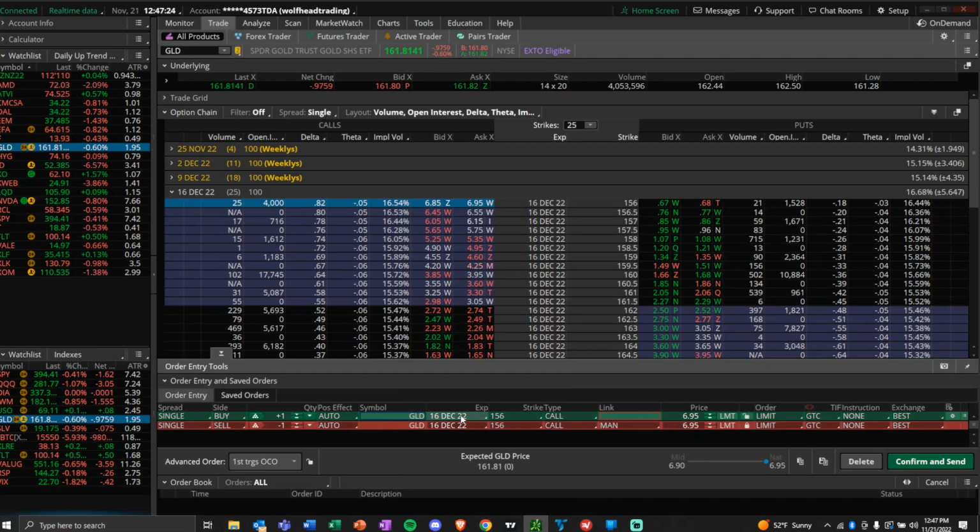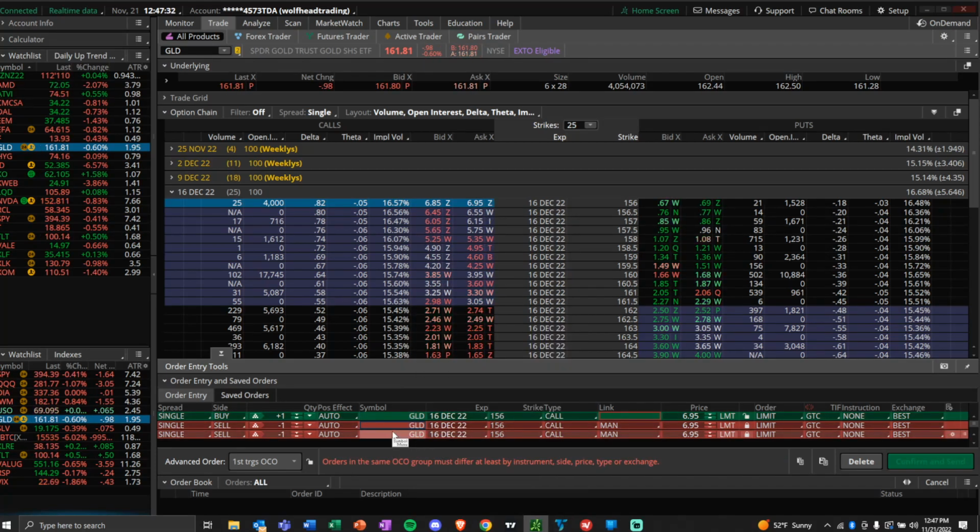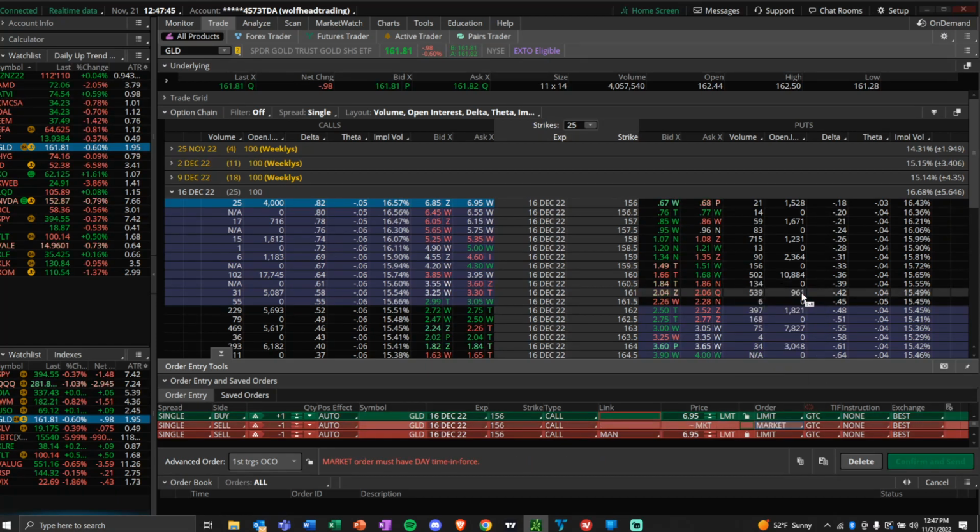Now I have an entry and I have a stop loss or target, but now I need another one. So if I right click on that sell order, create duplicate order, now I have an entry, a stop loss, and a target order, but I have to modify those. All right. So our entry order is always going to be a limit order. Our stop loss is always going to be a market order. And then our target is always going to be a limit order,